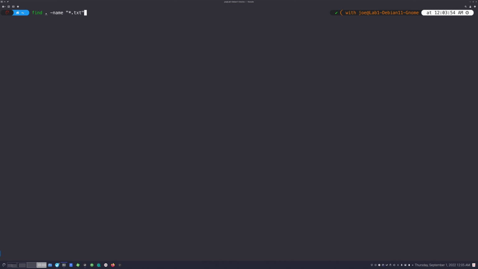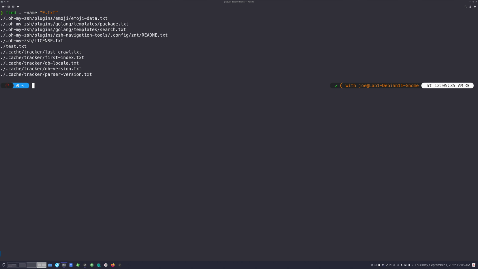Now, if you do not quote this, it's not going to work. The only time you can leave off the quotes is if you are doing an exact match, which is kind of not really what find is all about. So I would argue you should pretty much always quote whatever you're going to put after the -name flag there. And then if I press enter, you can see I'm going to get every single file that comes back with that .txt extension. Now, you may have been expecting it to come back with test.txt and only test.txt, because that is the only file that's in that directory.